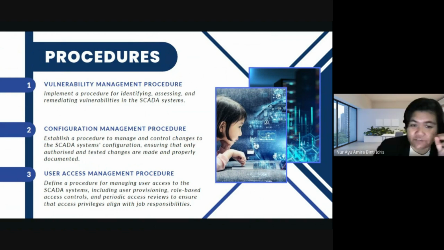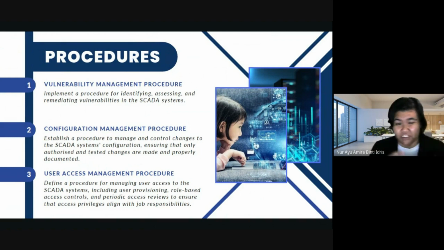So the next one is the configuration management procedure. The configuration management procedure establishes a process to manage and control changes to the configuration of the SCADA system. These procedures ensure that only authorized and tested changes are made to the system configuration, minimizing the risk of misconfiguration or unauthorized modification. It typically includes a formal change management process where changes are documented, reviewed, approved, and also tracked.